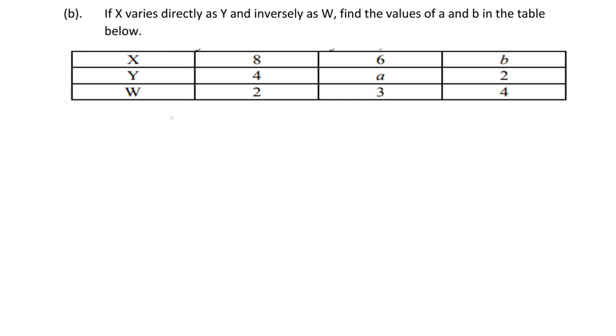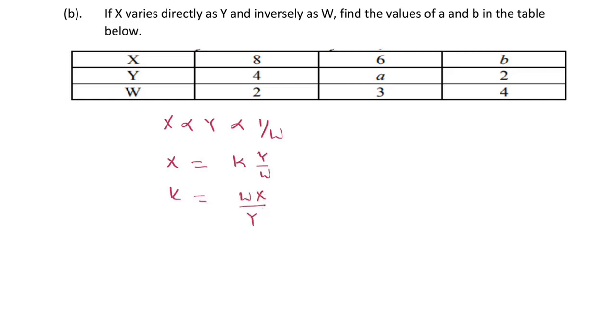We've been told that X varies directly as Y and X varies inversely as W. Okay, so now let us introduce the proportionality constant K. Then our equation is going to be X equals KY over W. Let us now make K the subject, then our equation is going to be K equals WX over